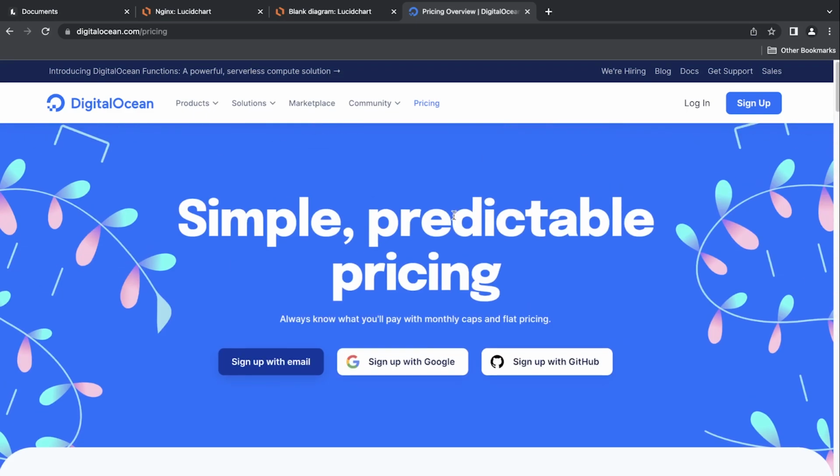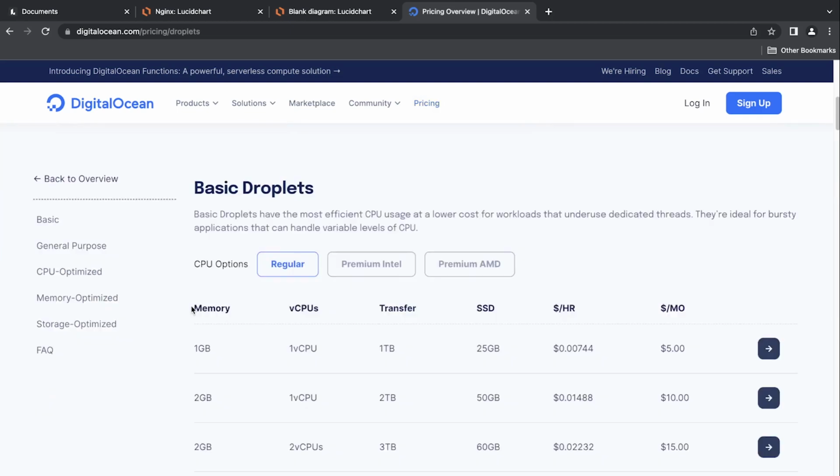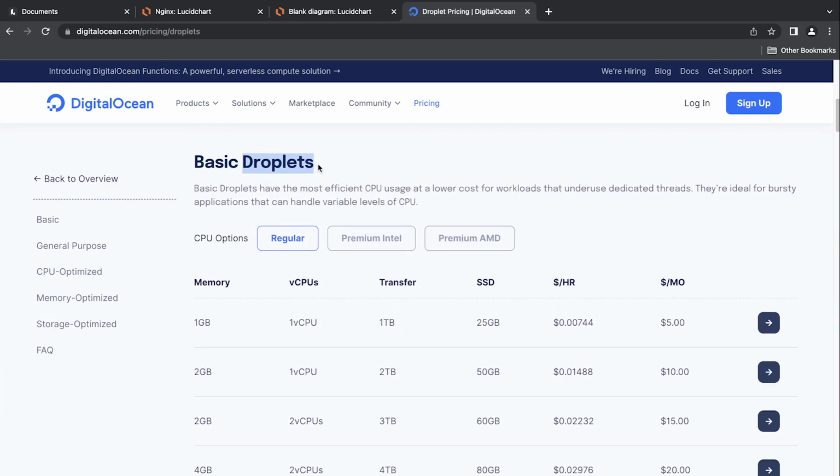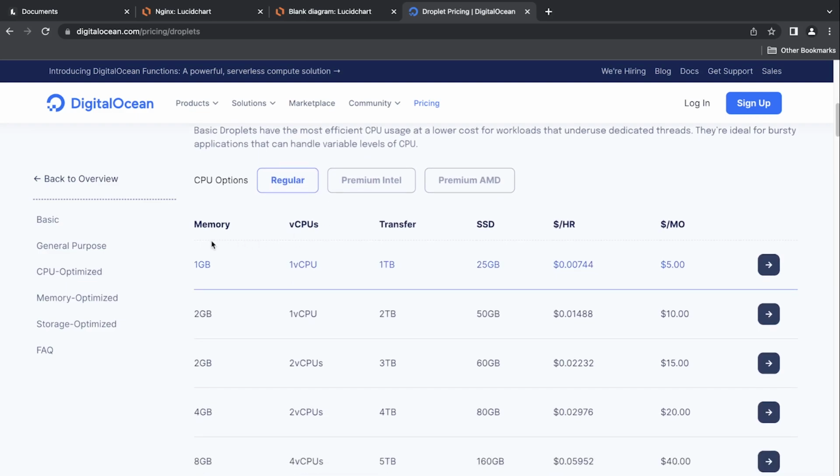Let's have a look at the pricing. So this is a simple server. So Droplet, just change that to the word server. You can see here that for $5, we can access a server or purchase a server which has 1 GB of memory, and it has one CPU, and it has 25 gig of storage, and then also transfer, referring to the amount of data that we can send out per